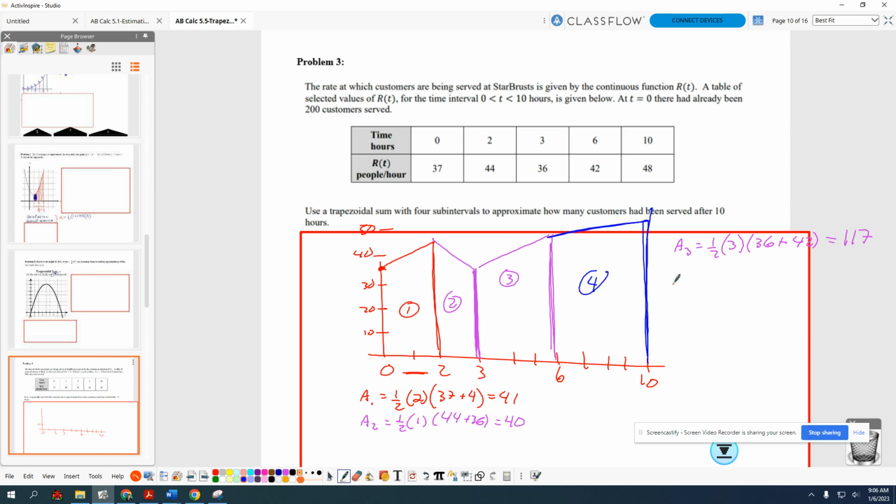And last, the fourth one, here's trapezoid 4, 1/2 times the base. Difference between 10 and 6 is 4 units. The base 1 of this trapezoid is 42. The base 2 of this trapezoid is 48, which gives us 180. And then adding all 4 of those together,